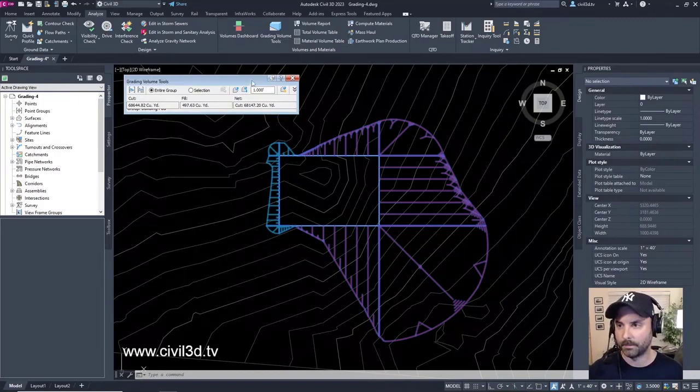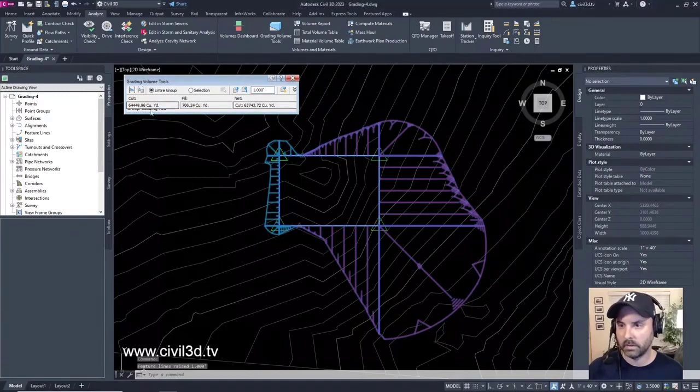Hypothetical, guys. Okay, we got a note that said we want to go 1 foot higher, so we've got 1 foot in this box. We're going to click and raise the grading group. And you can see how that changed our cut and our fill and our net cut value.